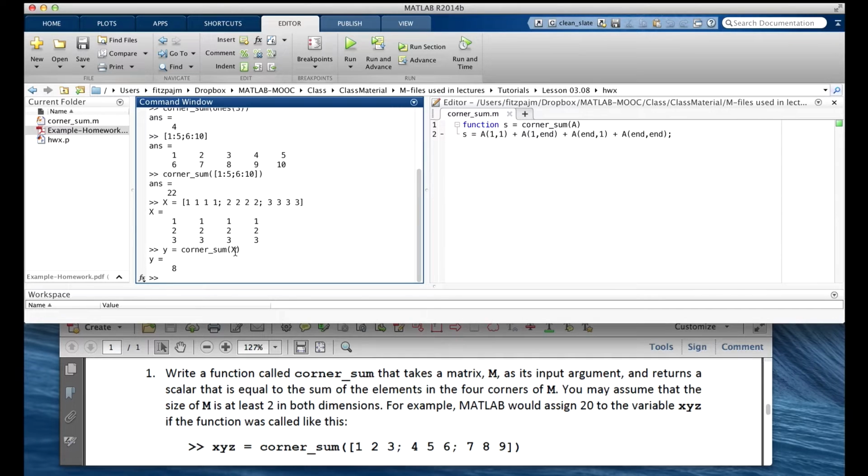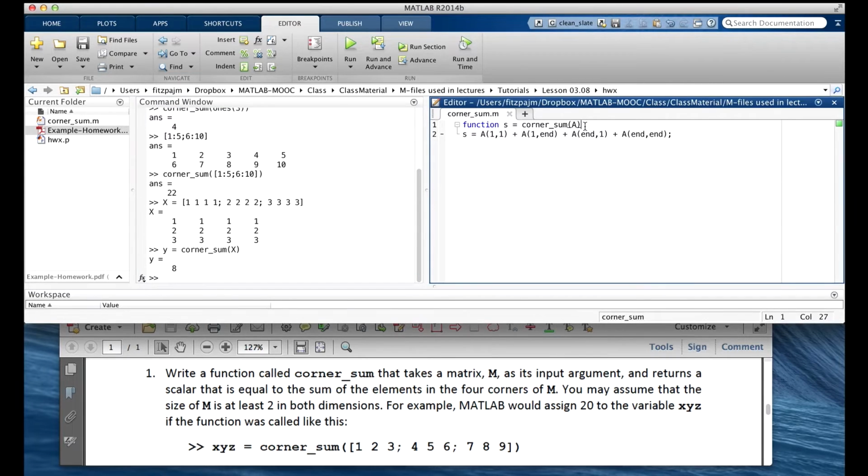Before we go on, let's look at a couple of typical mistakes made by beginning students. A mistake we've seen many, many times is to create the matrix inside the function. You know, like this. And they'll often put the exact example that was given in the problem. Don't do that, because every time the function's called, a different matrix is supposed to be assigned to a. We don't want to copy over that value that was assigned to a with this same value every time. We'll get the same answer every time, right or wrong.